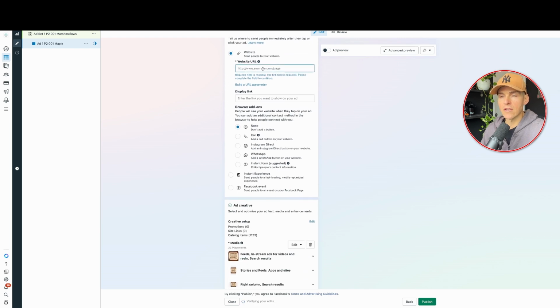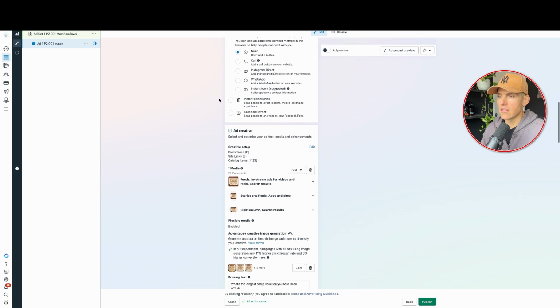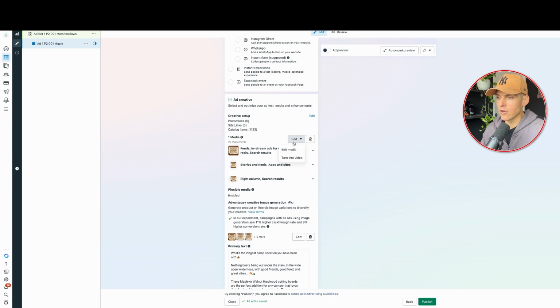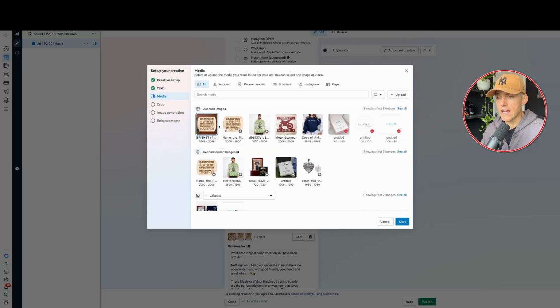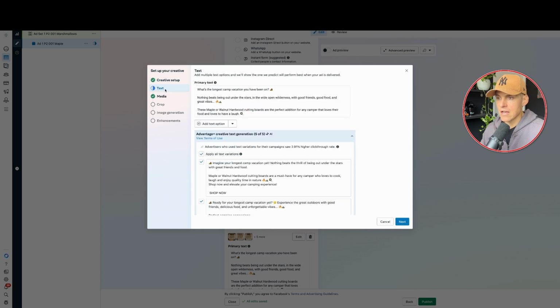You want to put in your URL to the product page specifically. You don't want any browser add-ons at all. They're annoying. And then what we want to do is edit media or create. Here's one I've got. So the creative setup, I'm not sure exactly what's going on here. Haven't done that. Anyway, in here with the primary text, what we want to do is we want to not